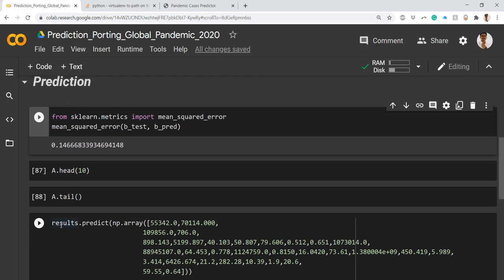So these are some things we want to do, and this is the prediction we are going to do. Since our results contain our model, we use that model to predict. So how do we do the prediction? Since we have 31 different predictor variables contributing to our prediction for the model, we have to pass all of those. This is one crucial thing: you have to pass all of these values.